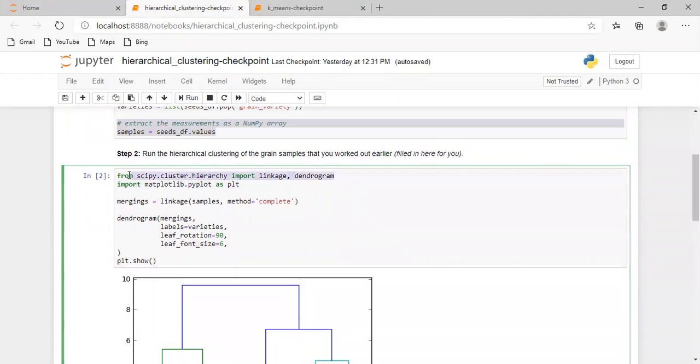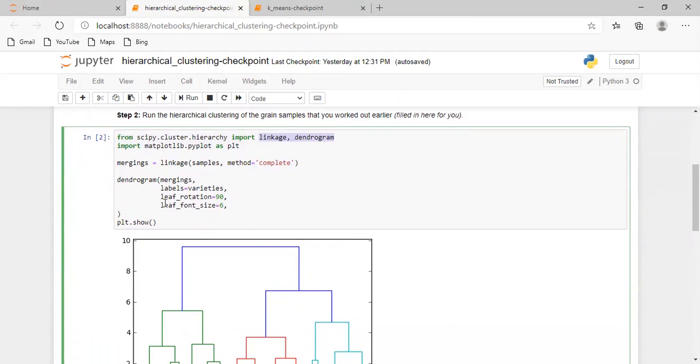Here we are not implementing the hierarchical clustering from scratch. We are just implementing it using the necessary packages like linkage and dendrogram. Again, one more package we are importing here, that is matplotlib.pyplot as plt. Then we have to do merging.